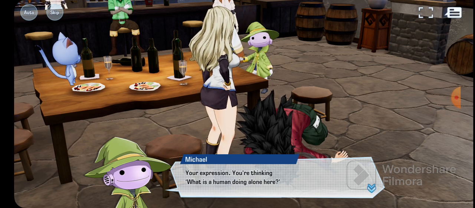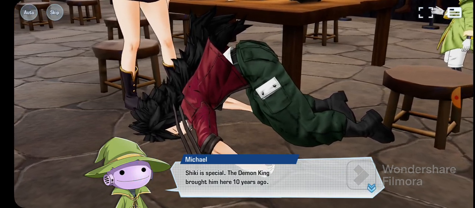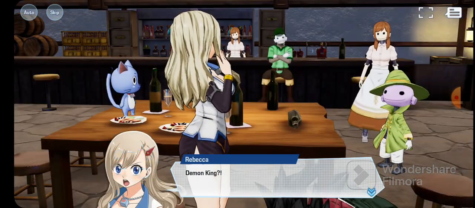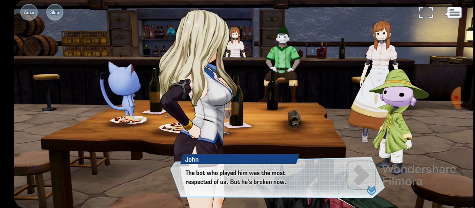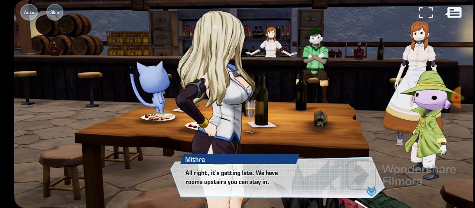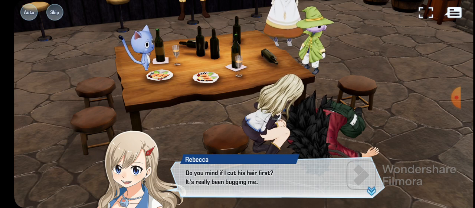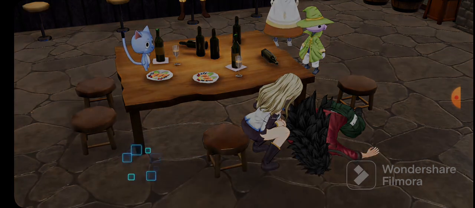Alright, so what is going on there? Shiki is special. Demon King brought 10 years. I'm just gonna wait till the battle section to explain everything. Basically, I treated his own grandpa. By the way, he was the most respected of us, but he's broken now. Pretty much dead. I see. Alright, it's getting late. We have rooms upstairs you can stay in. You mind if I cut his hair first? It's really been bugging me. Alright then, we don't understand human taste. In that case,